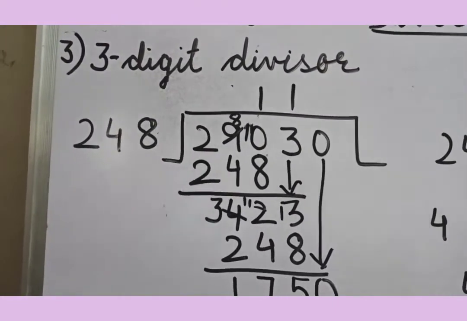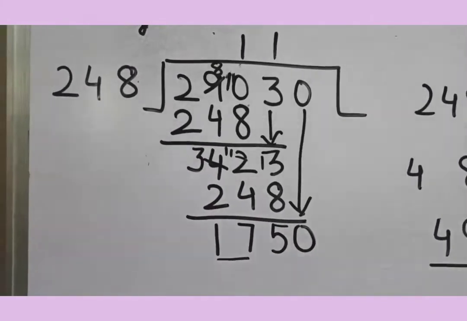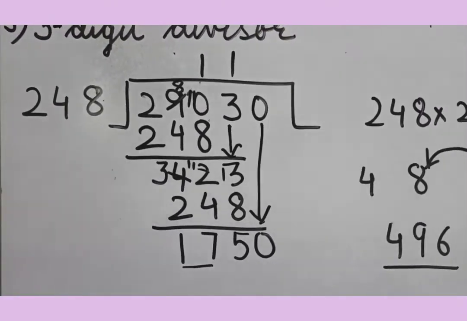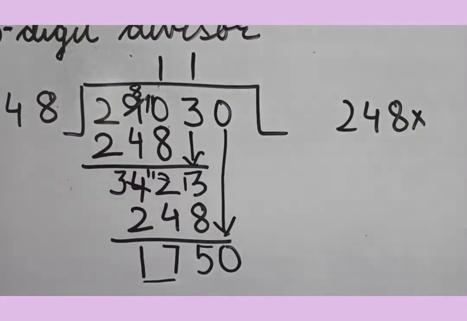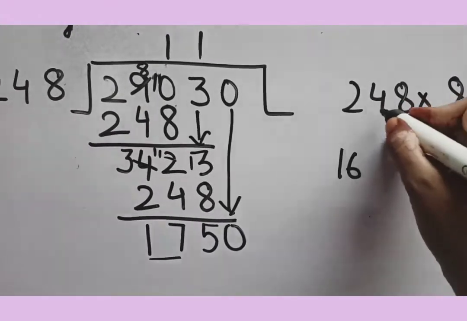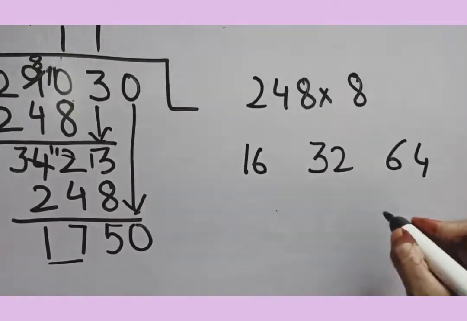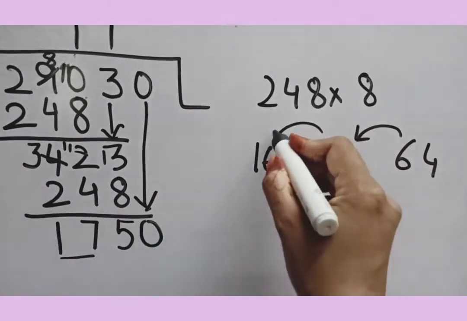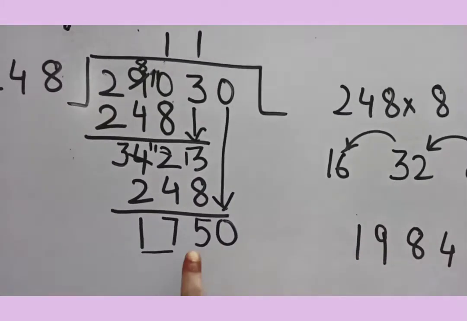Now I don't need to write the complete table of 248. What we will do is we will see the first 2 digits. It's 17. Does 17 come in 2's table? You will say no, ma'am. What is nearest to 17 is 16. So instead of writing the complete table, I'll find out the table for 248 eights, because 8 twos will give me 16, and over here 8 fours will be 32, and this 8 eights is 64. If I compile all the things, 4 as it is, 6 added to it will become 38, 3 added to it will become 1984. It means it is greater than this number.